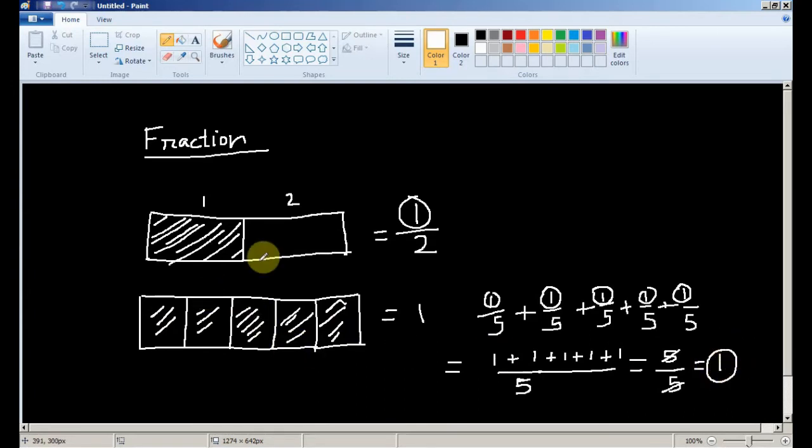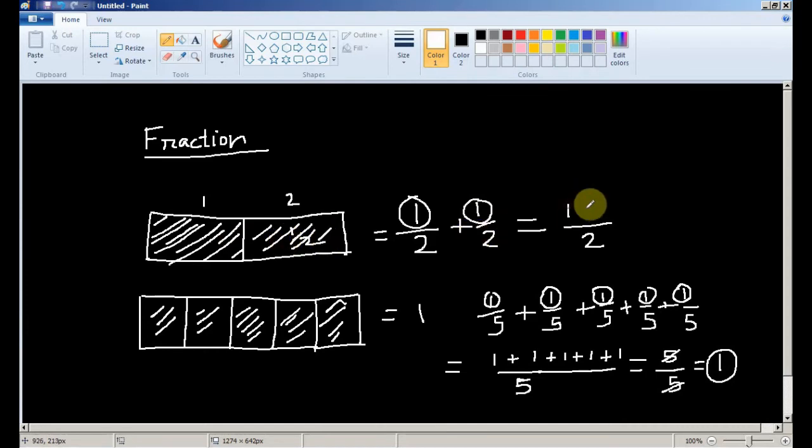No matter how many divisions you make. Suppose I add 1 by 2 here, 1 by 2, this is also 1 by 2. As I told you, the division is 2, it is always going to be 2 only. And this part is counting, so we have taken 1, now I am taking one more part. So far we have not counted this part, we have only counted one of the fractions. But now I am counting both, this part and this part also.